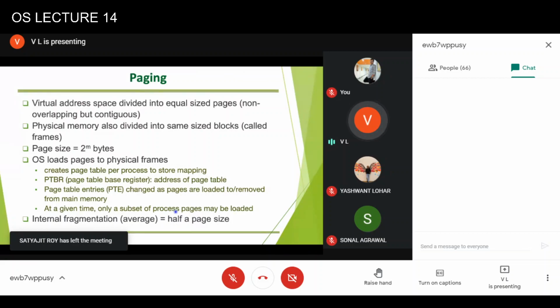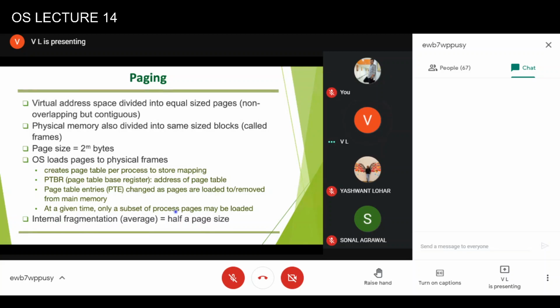So pages are contiguous. If you look at the virtual address space, it is a contiguous address space. And even if the heap and stack are initially not allocated, they will be considered as pages, so there will be pages which are empty. They may or may not be loaded into memory if the memory allocation is not required at runtime. So heap pages may not be loaded, and similarly, stack pages will be loaded as and when the stack grows.